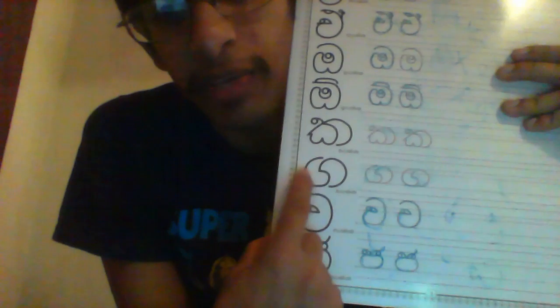The G is actually one of the easiest things to write in Sinhalese. It's just 2 semicircles. It's like a yin-yang symbol. So you start from the top, and you make 1 half circle, and then you stop here. You don't lift the pen though, and then you take another half circle over here. So that's what you have to take from